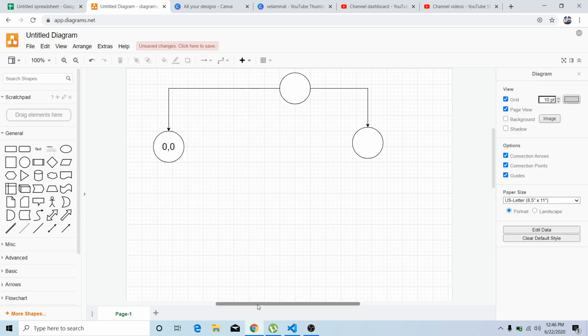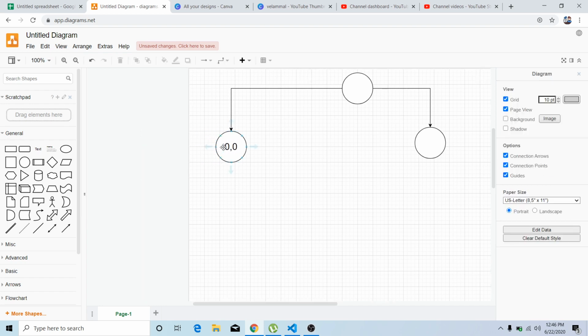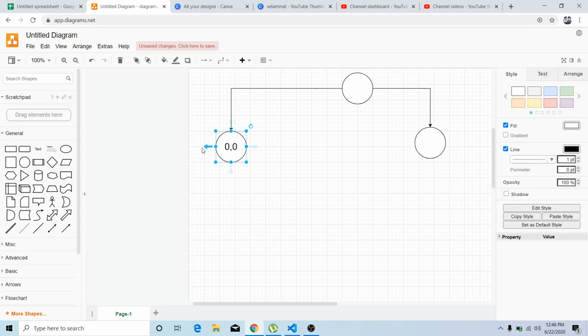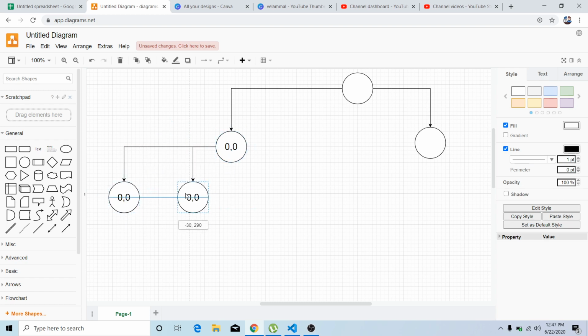Suppose you are placing it in 0 comma 0. How many positions will you be able to move to from 0 comma 0? There are 8 possible moves that we saw in the previous video. So each and every node will have 8 other nodes. If you're starting from 0 comma 0, what are the 8 moves that are available? One, two, and you will have to include 8 nodes.